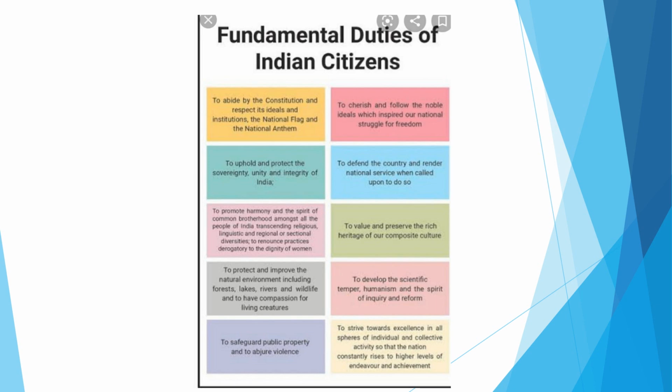Tenth, to strive towards excellence in all spheres of individual and collective activity so that the nation constantly rises to higher levels of endeavor and achievement. The 11th point is for every parent or guardian to provide opportunity for education to his child between the age of 6 and 14 years. So in this we learn that the citizens of India enjoy the fundamental rights,